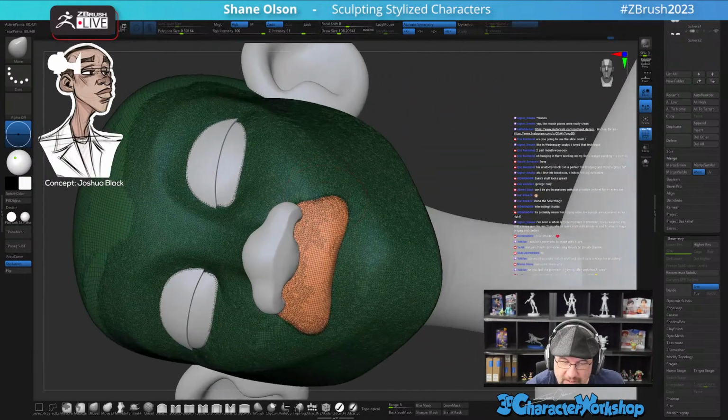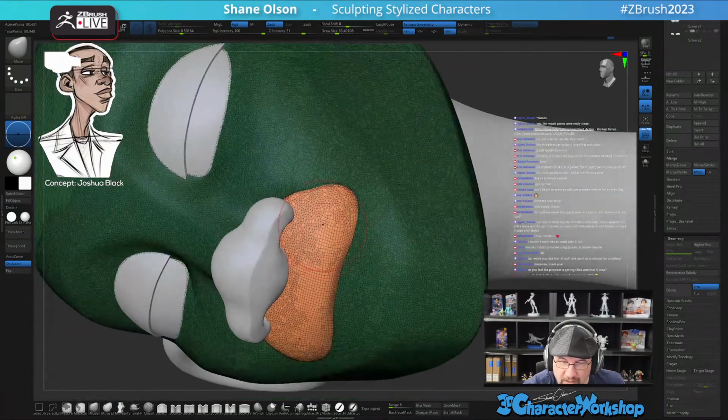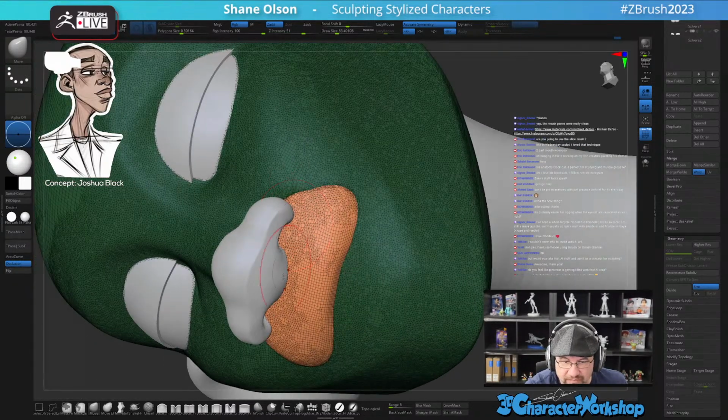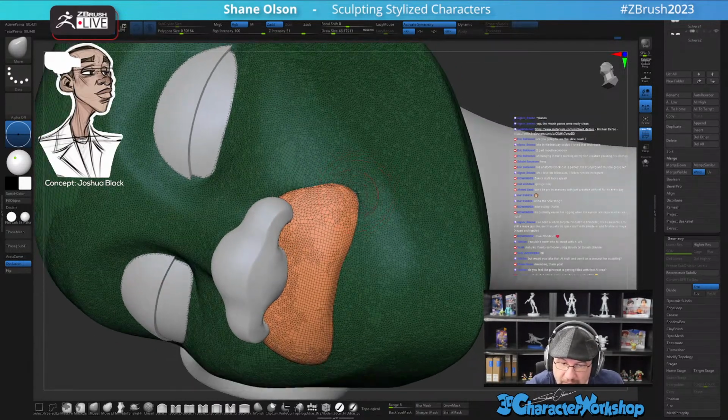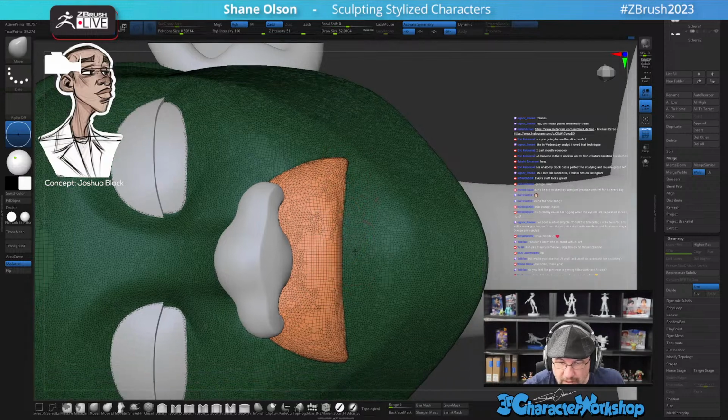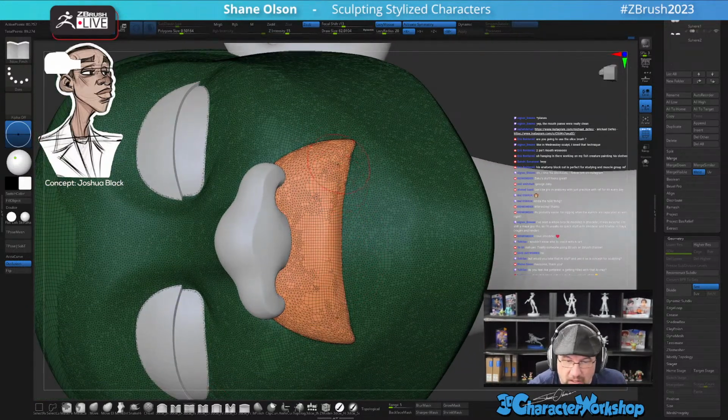And then the reason I like this method so much is because I can kind of follow the shape. So the smile line ends kind of behind the nostril here, and so I can actually physically pull that up behind there. Why is it not working? There it goes. So I can pull that up and look at how this is coming down right into the corner of the mouth, right down here. So when I get this second shape in there, it will meet up with this one. And then I can also run a pinch along this edge right here. That's a little too heavy. Let's tone it on down here. Maybe a 10. There we go. Just a light